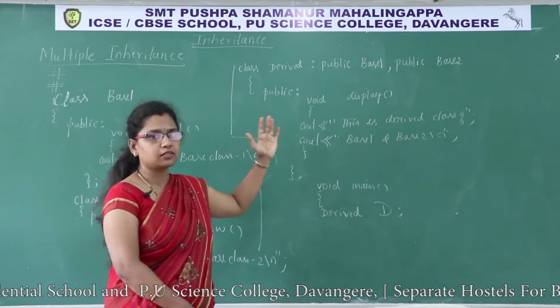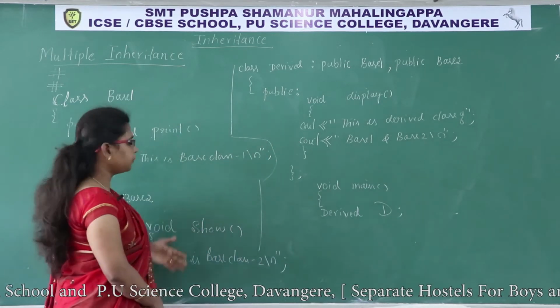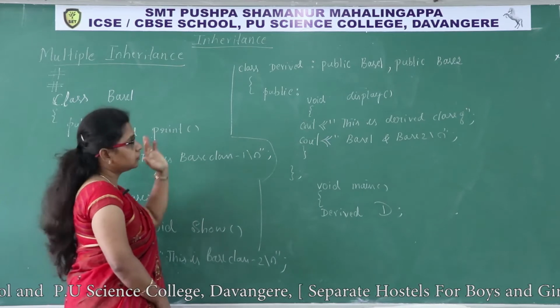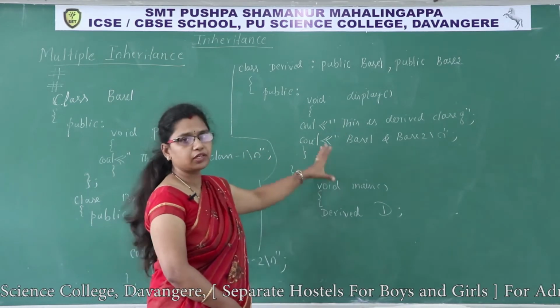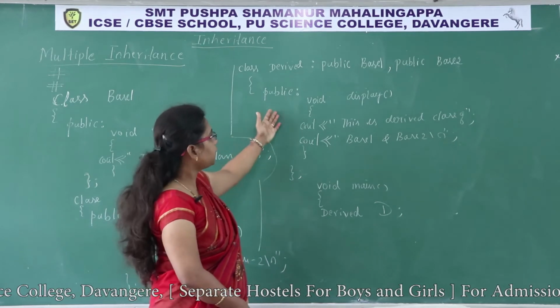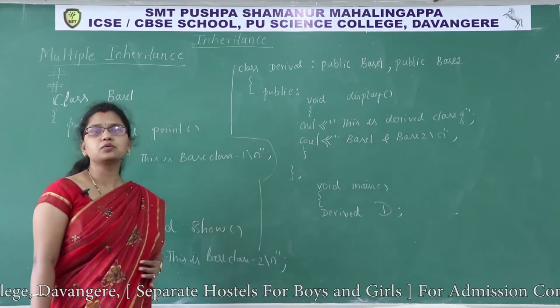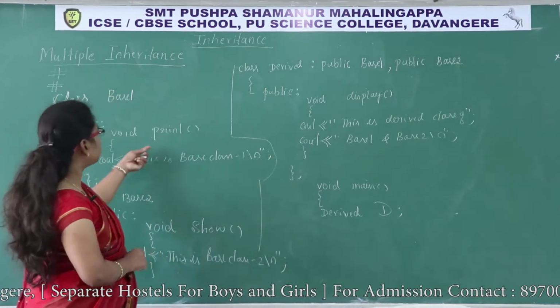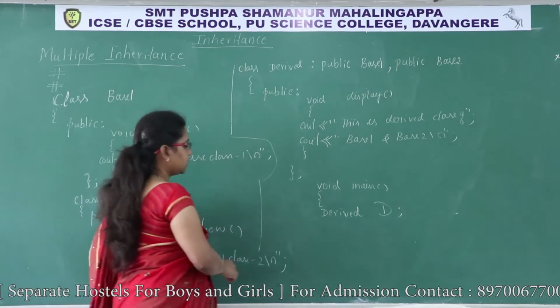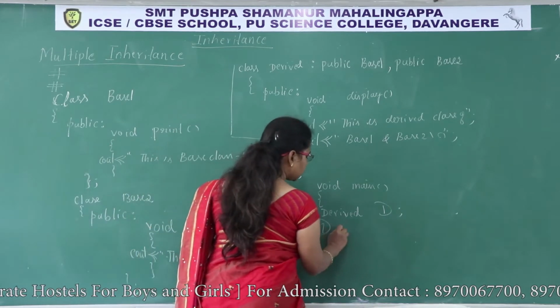I hope you are understanding. So these 2 member functions are in the public section. The visibility mode is public, so these 2 become the public members of the derived class. So how to access public members of a class? Using an object and the dot operator. I want to call the print function first. We can call it directly from this object, d dot print.